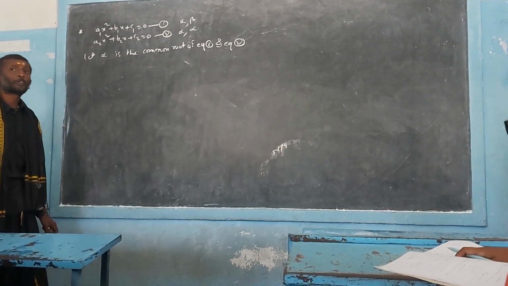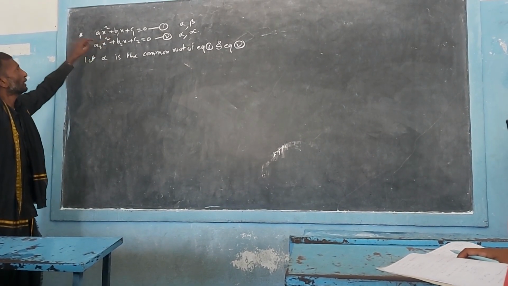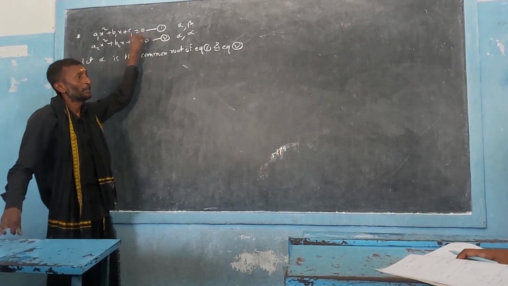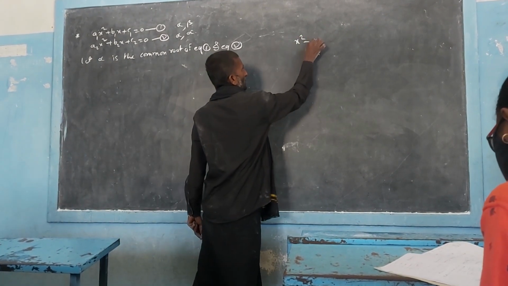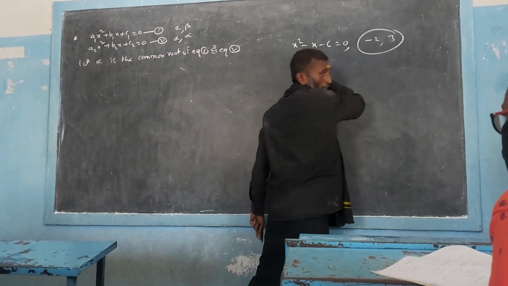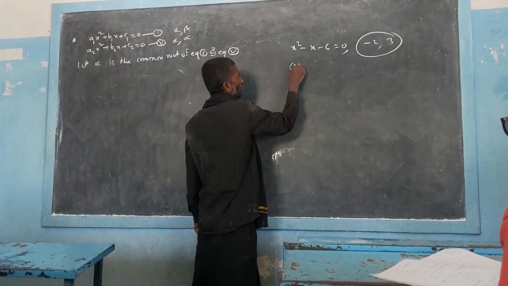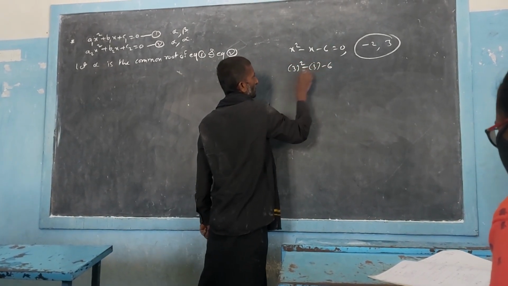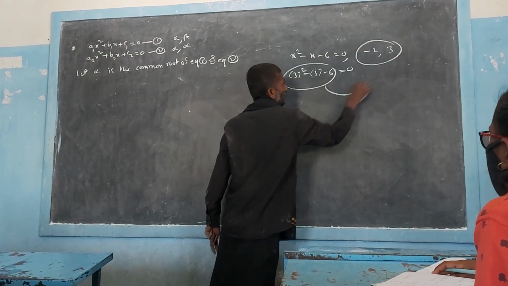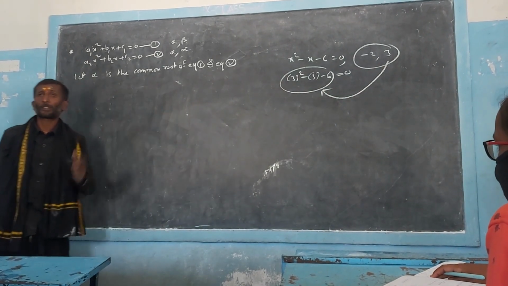A root is nothing but the value of x which satisfies the given quadratic equation, right? So now if you write the value of alpha in the place of x, what will happen? For example, we already discussed x square minus x minus 6 equals 0. What are its roots? Minus 2 and plus 3. We got it previously. So if I write 3 in the place of x, then it will become 3 square minus 3 minus 6. This is 9, this is minus 9, 9 minus 9 is 0. So that means here 3 is a root. This value is satisfying the equation. The roots always satisfy the equation.